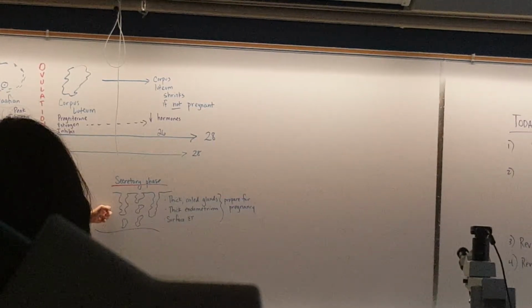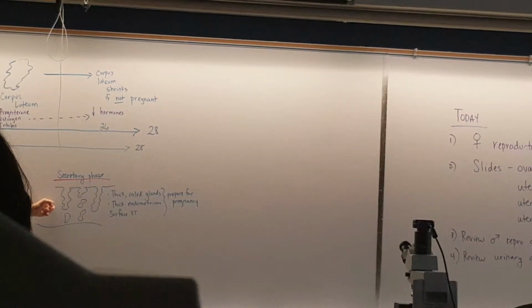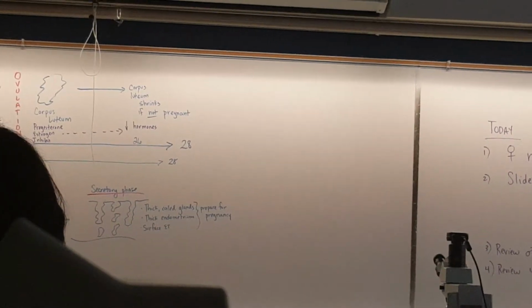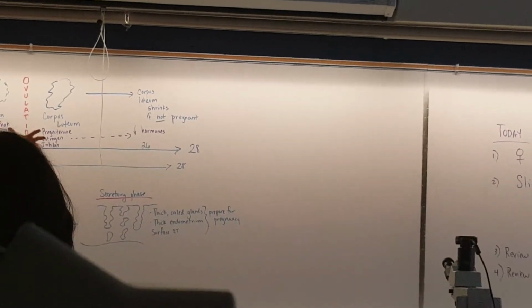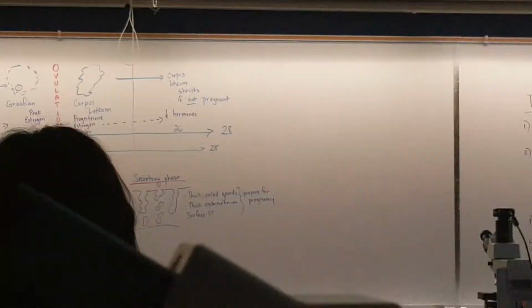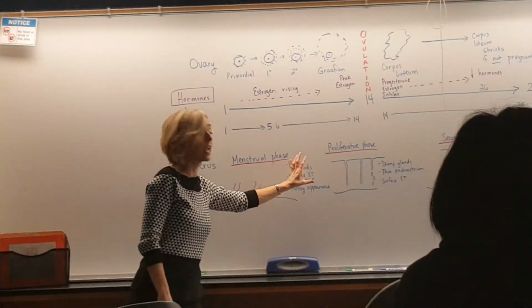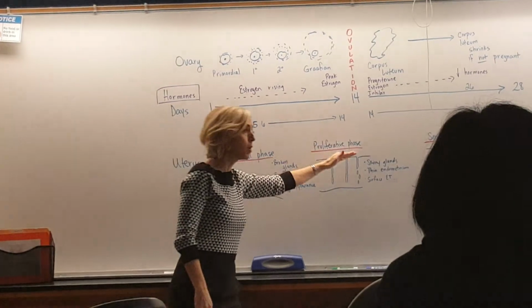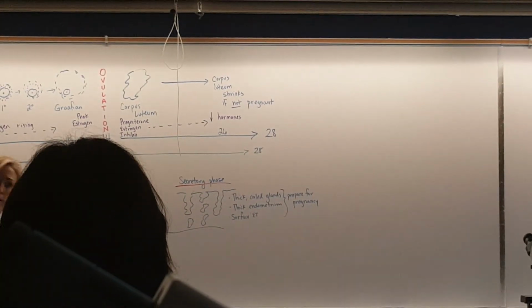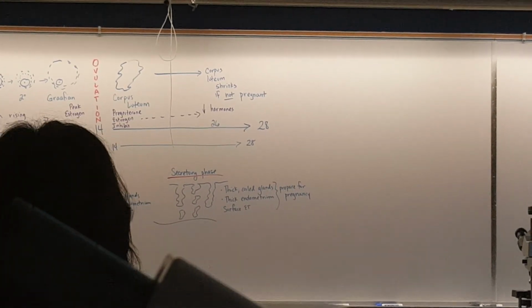But of course, most months of a woman's life, she doesn't get pregnant. Okay? So if she doesn't get pregnant, now you've got all this extra tissue. You puffed it up, and it's nice and thick and full. She didn't get pregnant. You don't need all that. So you start all over again with day 1, and the glands slough off. Back to her period. Right? Tear off the glands from the previous month. Rebuild new glands. Puff up the glands for pregnancy. If she doesn't get pregnant, rip them off again. Every month. Does that make sense to everybody? We'll talk about it again, but if I don't sort of explain that, these glands are just